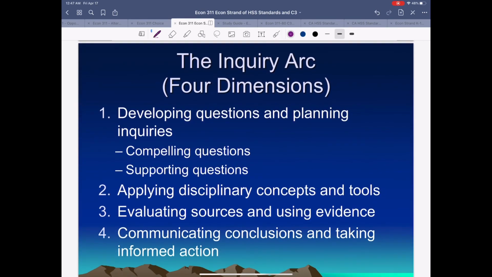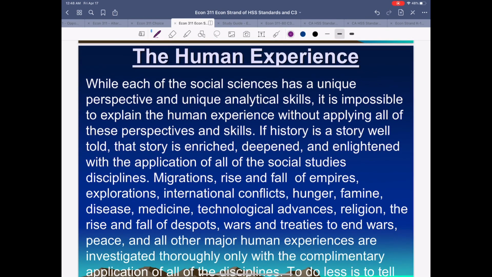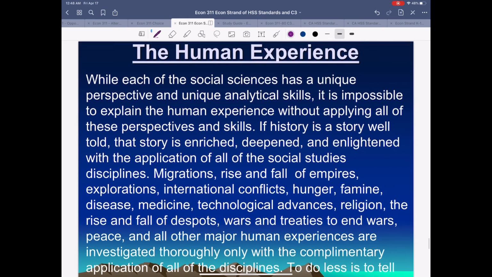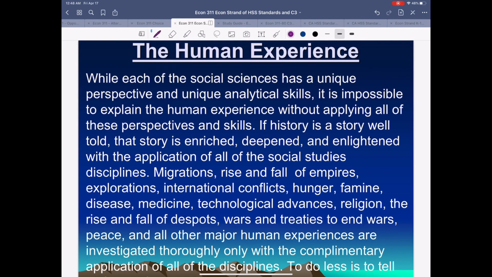So let's go back to the inquiry arc. The 4 dimensions, we already looked at those. And let's understand why the inquiry arc matters. And I love this expression, this quote, I should say. And it says, while each of the social sciences has a unique perspective and unique analytical skills, it is impossible to explain the human experience without applying all of these perspectives and skills. If history is a story well told, that story is enriched, deepened, and enlightened with the application of all of